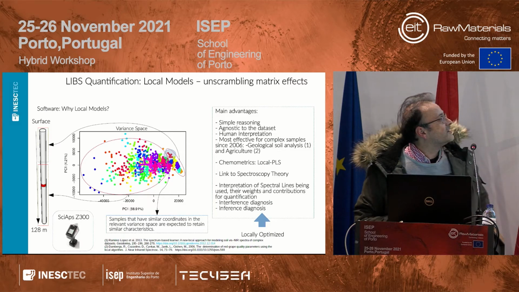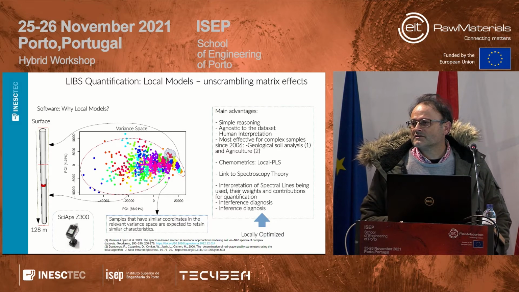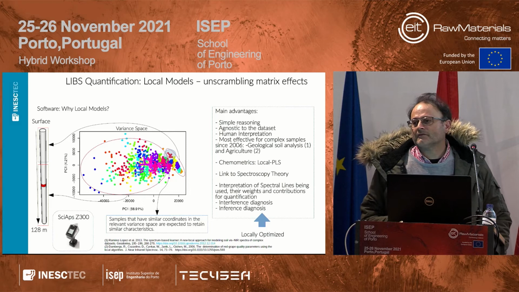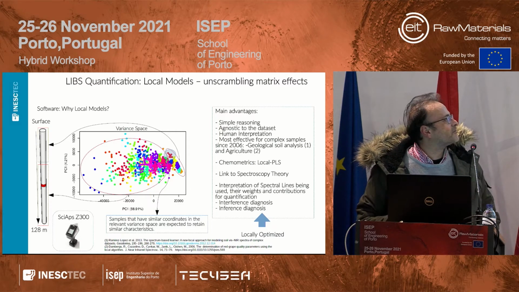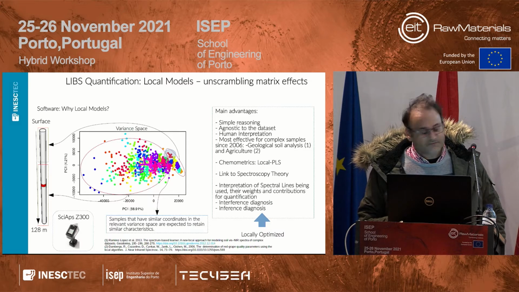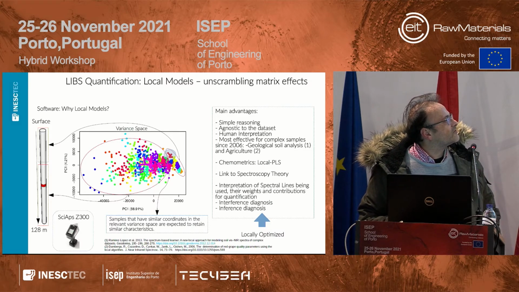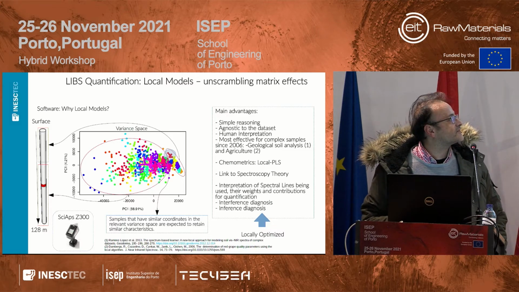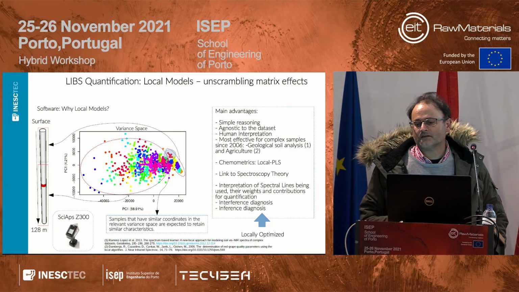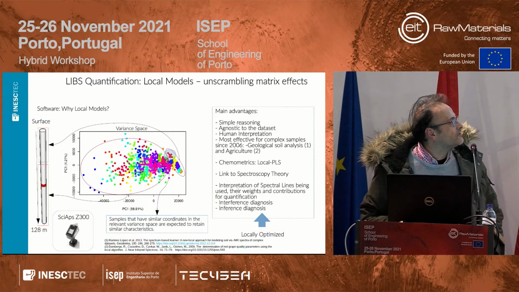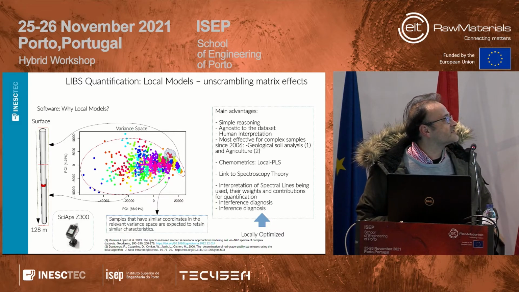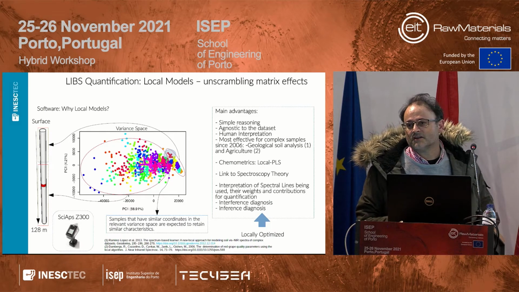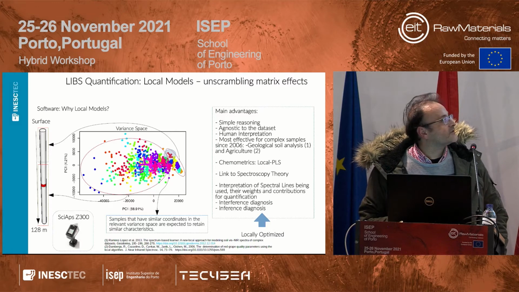So in this sense, we are developing our models, which are local models. What do we mean by local models? We mean that within samples that have different characteristics and different types of LIBS characteristic spectra that will cluster together, will have properties that can be used within these clusters to quantify the elements that we need to quantify. So in this case, these methods are agnostic to the data set and allow human interpretation because we can understand what lines are being used for the quantification.